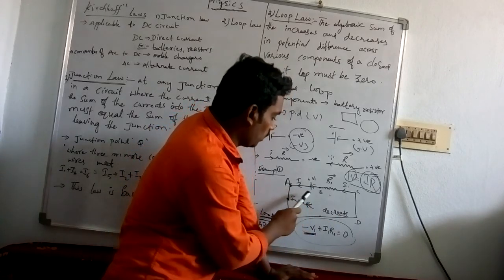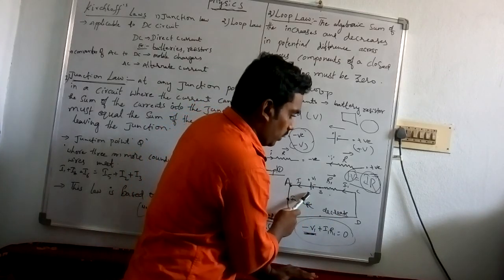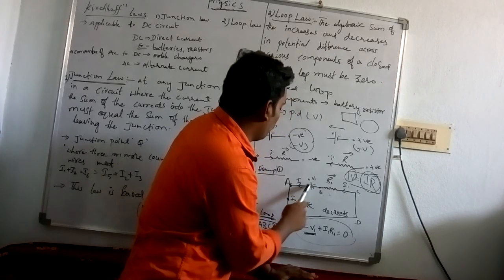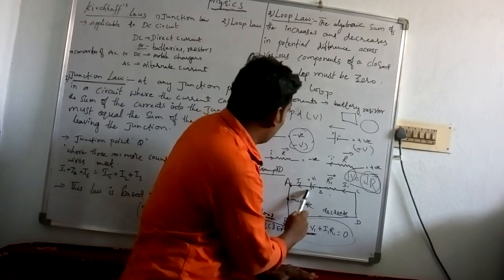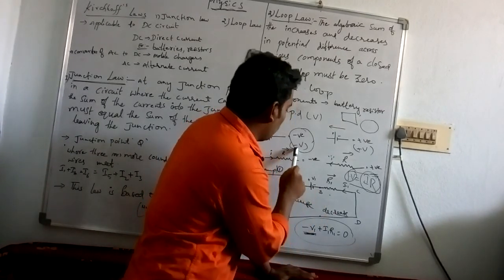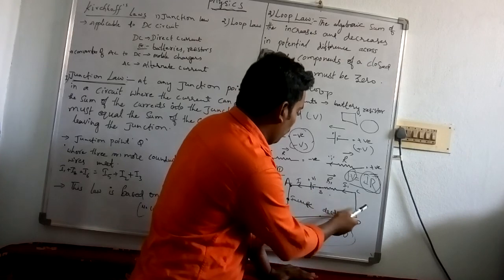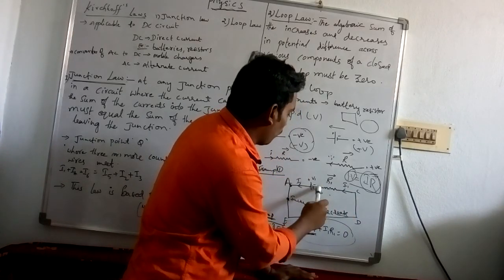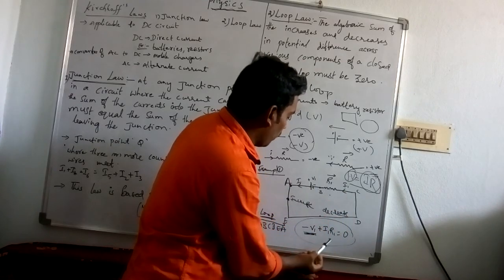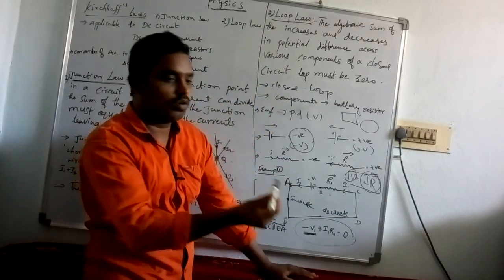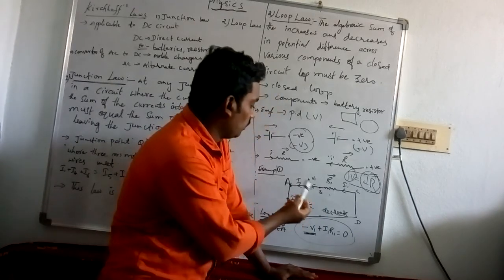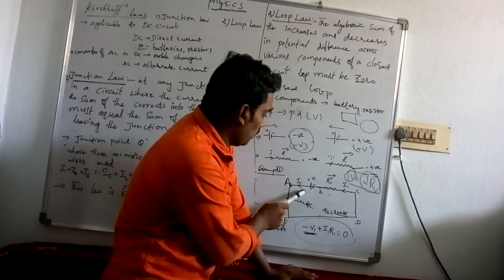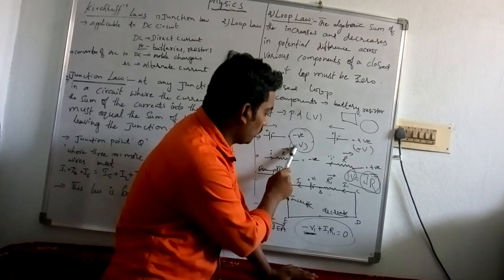We have to observe the battery only, which terminal we reach first. Here we reach the positive terminal first. After that we move from the positive terminal to the negative terminal, so we get a negative potential difference. The remaining is as is. After any battery, if another battery is also there, we take one or more batteries in the circuit, depending on your circuit diagram. Here it is a negative potential difference.